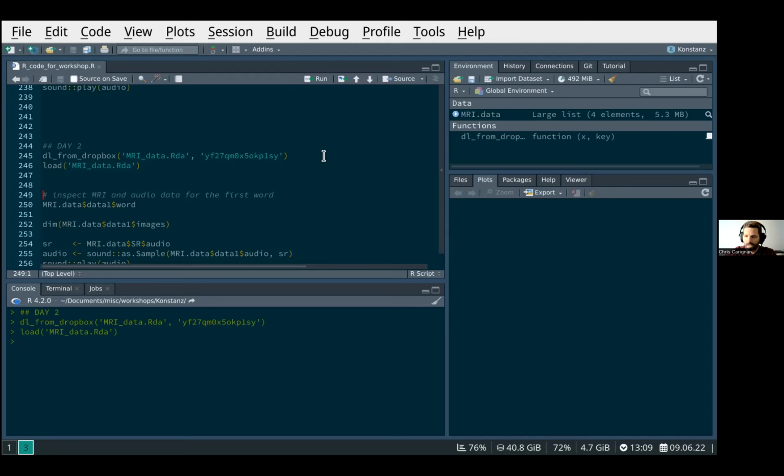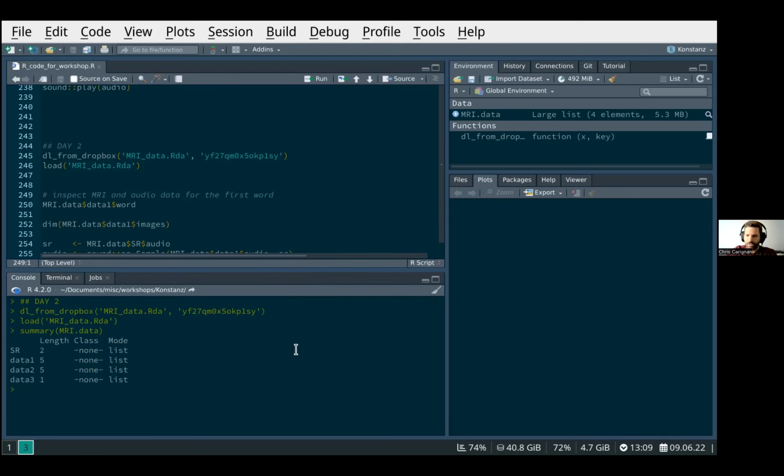So now I have a new object in the workspace called MRI data. We saw this data yesterday. If we look at the summary, if you remember, we worked with not the first 2 data fields, but data 3 yesterday. So data 3 was, for those of you who are not here, data 3 is